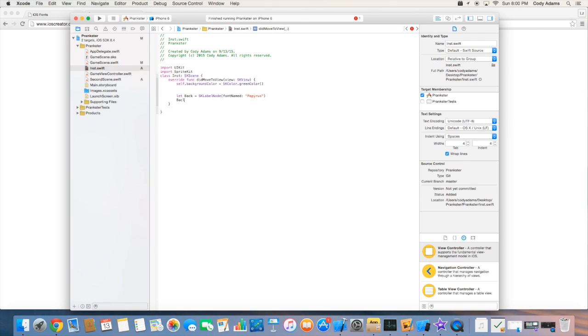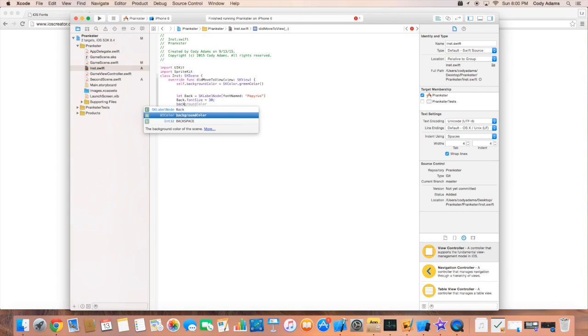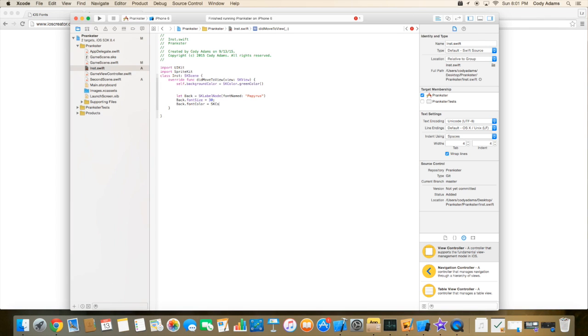Alright, so we're going to do back.fontSize is going to equal 30. back.fontColor is going to equal SKColor.blackColor, and then back.position is going to equal